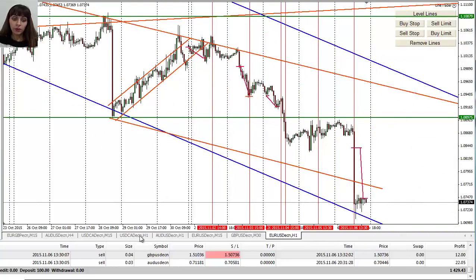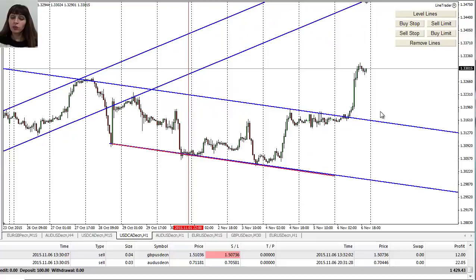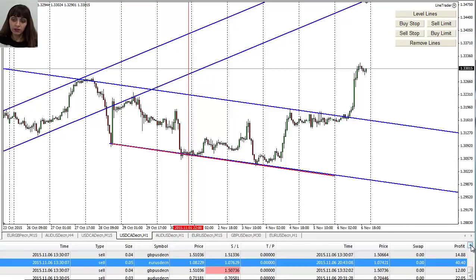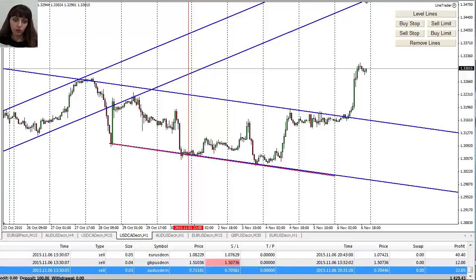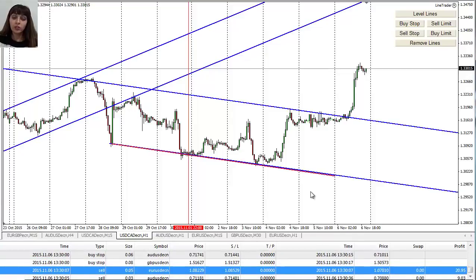And so if we'll go look quickly at let's say Canadian dollar, and the trade didn't work for me. As you can see in my results here, it's Australian, pound and euro, and that's it. There is no Canadian because it didn't work. The trade didn't work. I put the orders, but obviously it's the news, and you can see in the news can happen anything. So maybe it was slippage or something, and my orders didn't work. But you see, there is no protection from it. If it didn't work, it didn't work, so I didn't get into the trade. So I missed this. So I don't know what happened really, but it does happen.